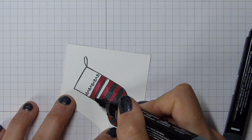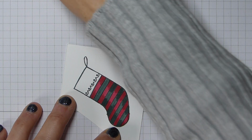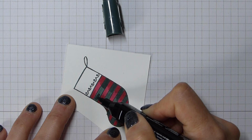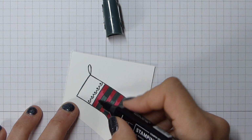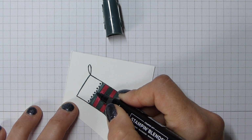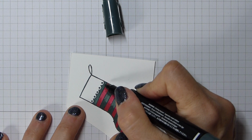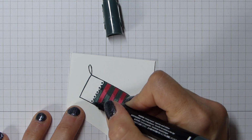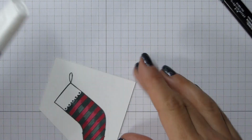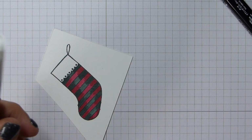oh no, sorry, I've fibbed to you, not one left, there's two left. Forgot the top part. Whoops. Blends are alive. And then the last one, which is this pretty. Just make sure if you are doing as I'm doing and dropping your pens down, just remember which one's light and which one's dark, because the amount of times I have done this and then gone, oh no, I've coloured in with dark first. And then I've got my blender, my colour lifter, sorry, and I really like this, so